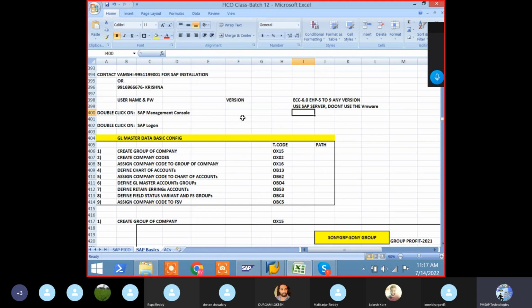They may charge a lesser amount also, but during practice it will take more time to open and close the system. If you want to open one transaction, sometimes it will take 5 minutes to process. But if you install on a server, it will open within 5 to 10 seconds. That's why don't prefer VMware. Ask them to install on an SAP server. Till here, any questions? Otherwise, I will stop today's